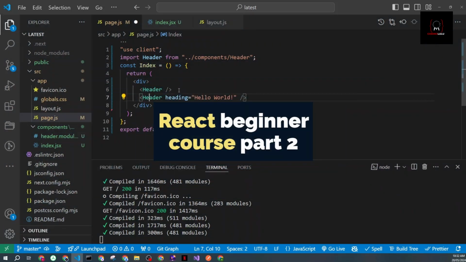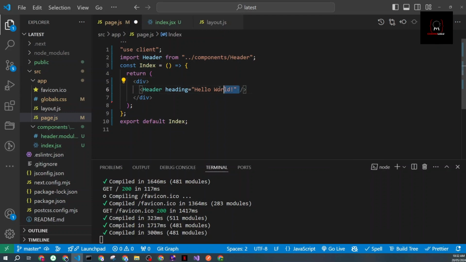Okay, now let's see another scenario of how you can pass down some properties. Let's say remove all this. And let's say, for example, I want to pass down a more complex element. Let's say I want to pass down a heading and also some text with it as well, and maybe buttons and many other things. So you want to pass down a full JSX element, or maybe simplify and say HTML